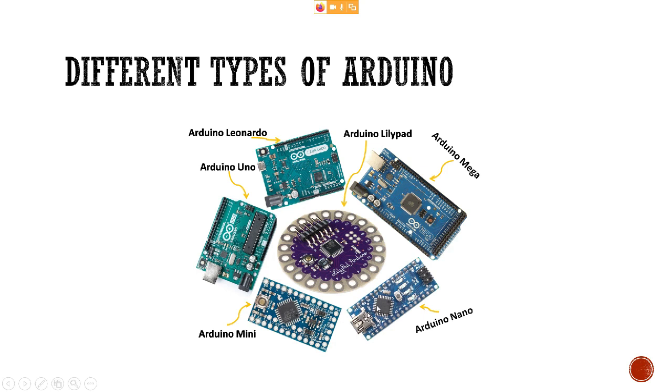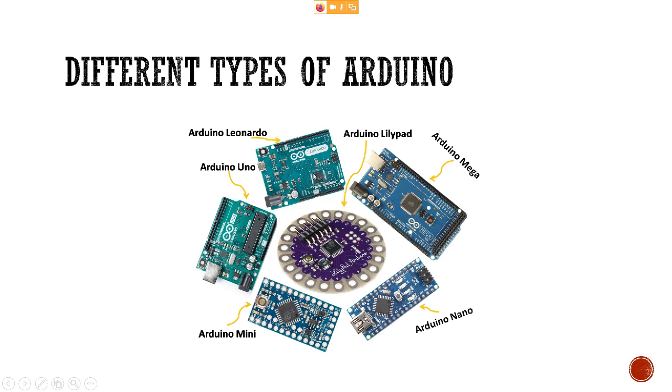The Arduino Mega has a feature that it has almost 52 digital pins. So you have no shortage of digital pins if you are going to make a big project. The Arduino Leonardo has a special feature that it has an inbuilt USB controller. So we will talk mainly about the Arduino Uno today.